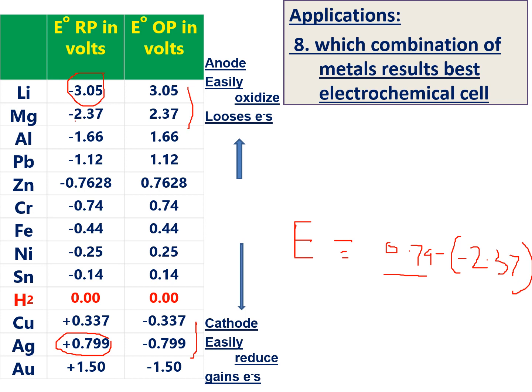Otherwise you can see lithium and gold, which also give the highest EMF of the cell. If you maintain a large distance between the two metals in the electrochemical series, then it produces a large amount of electricity. If you take lithium and magnesium, there is almost no difference, so it produces very little electrochemical energy. So if you take different metals that are far from each other, top end and lower end, it produces a high EMF of the cell. Okay.